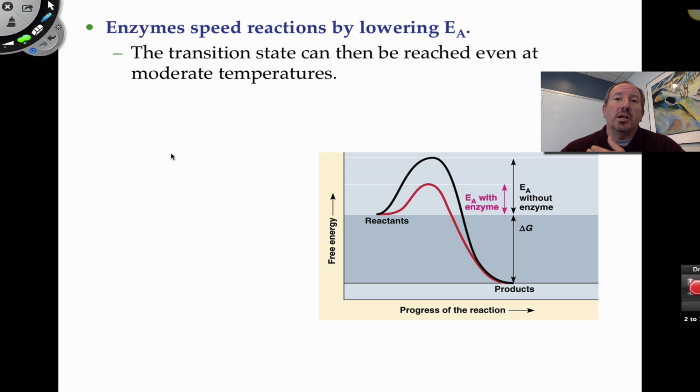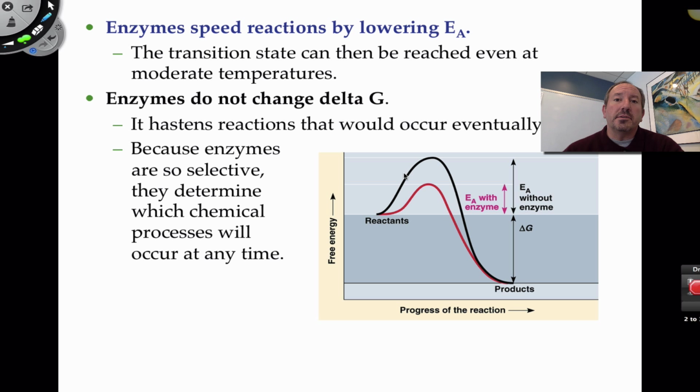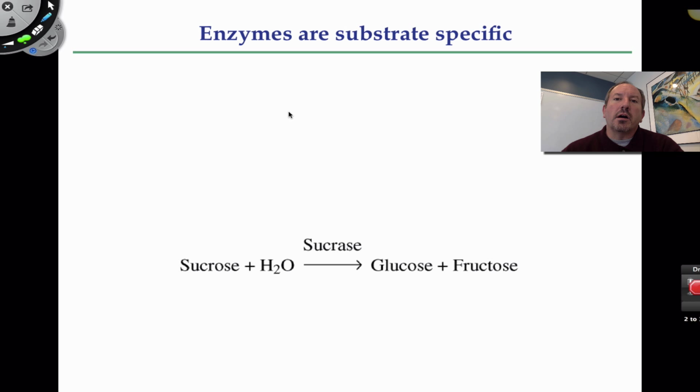And so enzymes lower activation energy. They do that because the reactants can reach this so-called transition state even at room temperature, or in the case of our body, at warm temperature, which is 37 degrees Celsius. So enzymes again don't change the energy difference between reactants and products, or the dynamics of energy, but rather they lower the energy of activation. And so that's pretty important. Another characteristic of enzymes other than the activation energy is that they're very, very specific.